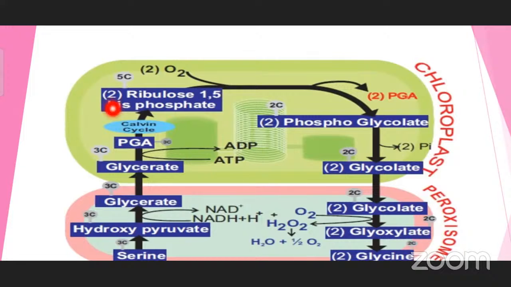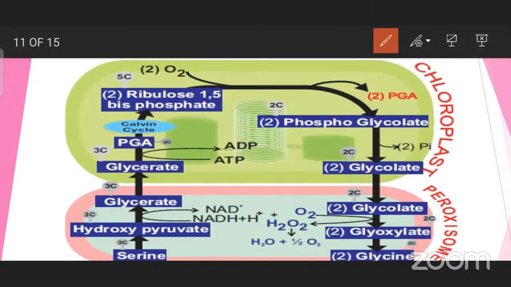Oxygen will form a 3 carbon compound, phosphoglycerate, and phosphoglycolate, a 2 carbon compound. And further, one more phosphoglycolate must be available. Then only the further C2 cycle will take place. This is the reason for taking these 2 molecules of oxygen, 2 molecules of RUBP. RUBP having 5 carbons. 5 into 2, how many? 10 carbons. And here the same RUBP and oxygen combining and forming